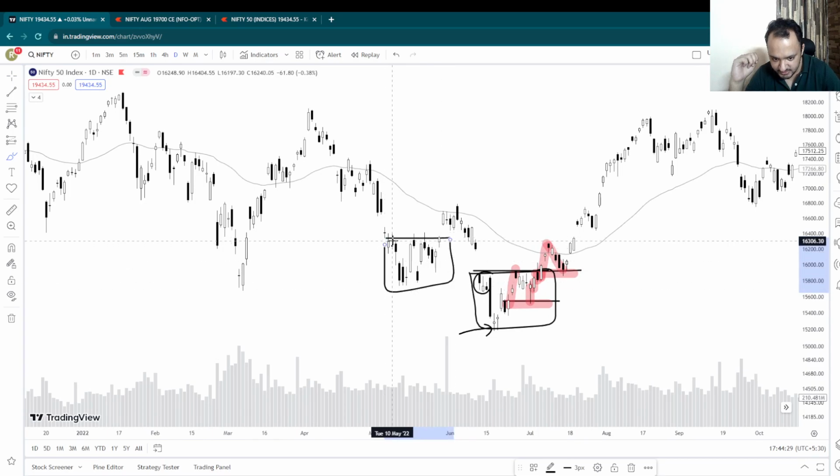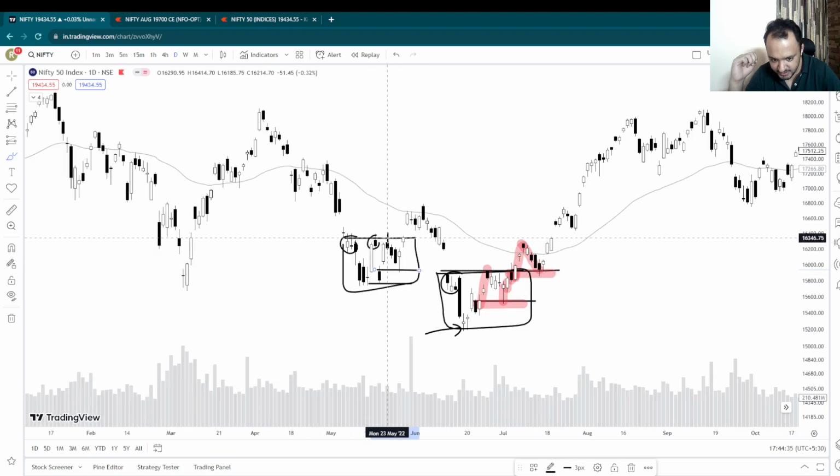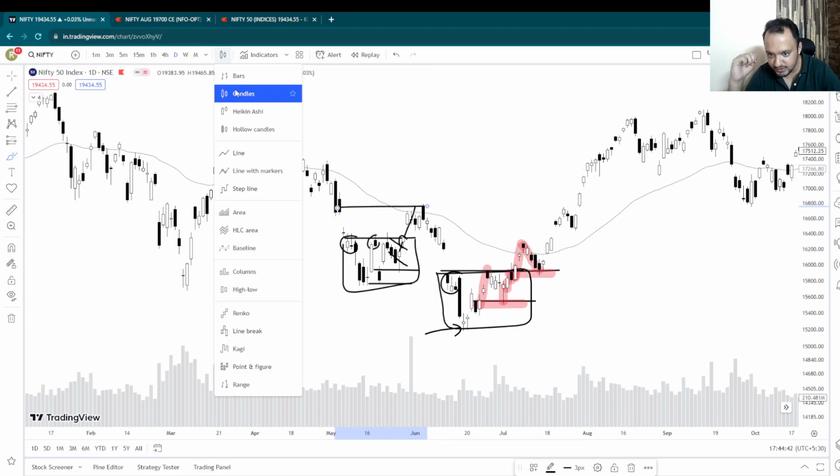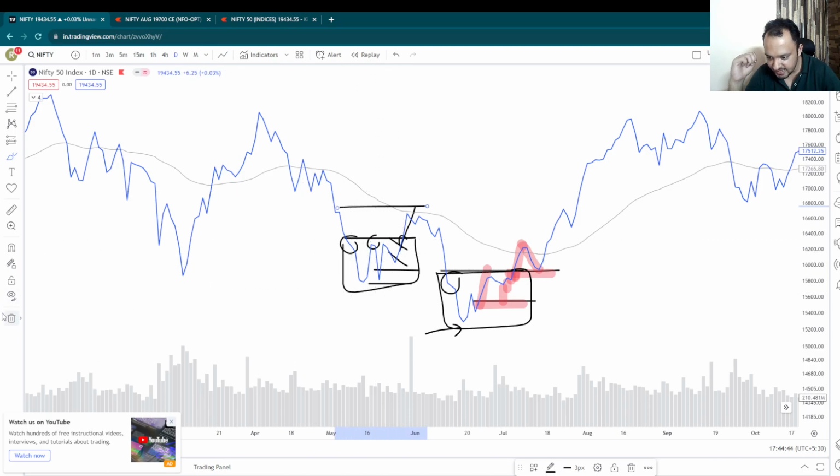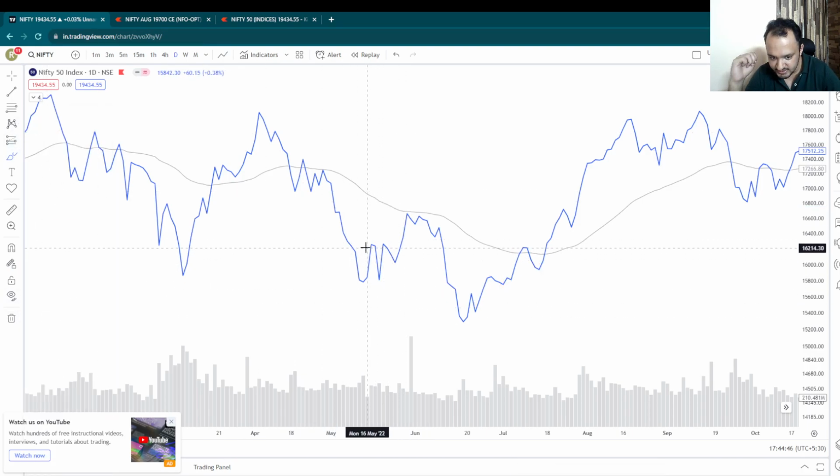If you see, this is your supply, this is your test of supply, gaps down, that is all right, then again goes up, and this is where the price stops slowly. So the contraction happens, breaks out, and breaks out into the next supply. All right, so the entire, if I put a line chart, you will see all three legs happening here. So if you see, these are the three legs which happened, and obviously it couldn't go beyond the last supply,